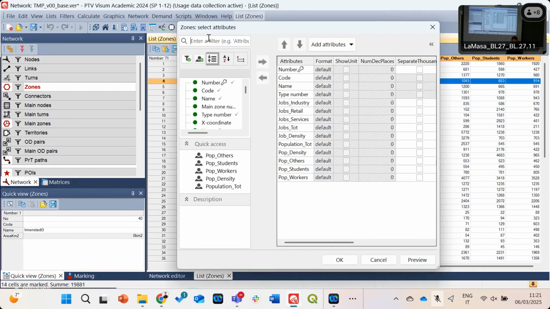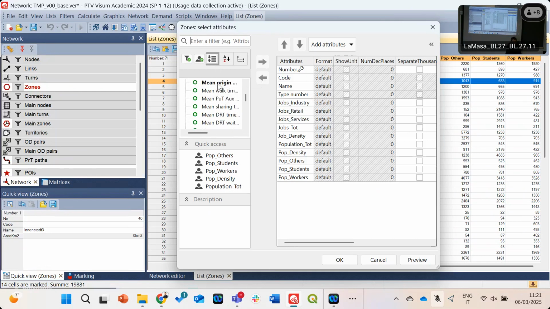If you want to add something more, you have to go here and start searching. If you are a little bit unsure about the name, just go in this box over here, scroll up and down with your mouse wheel